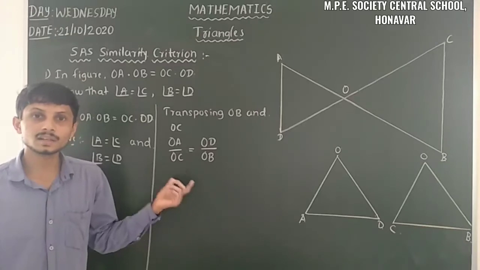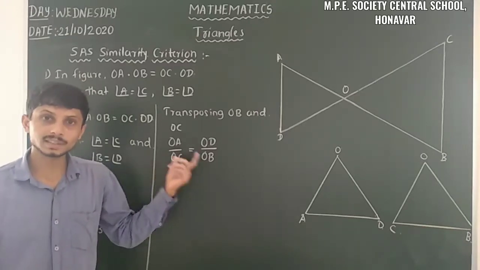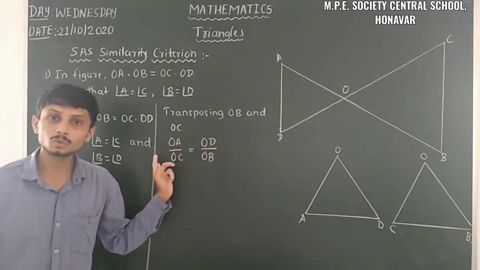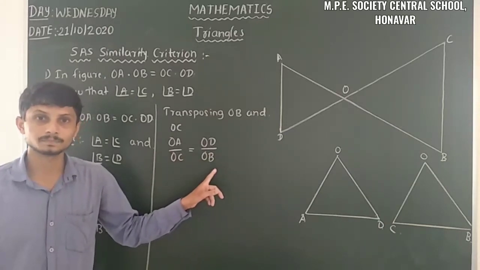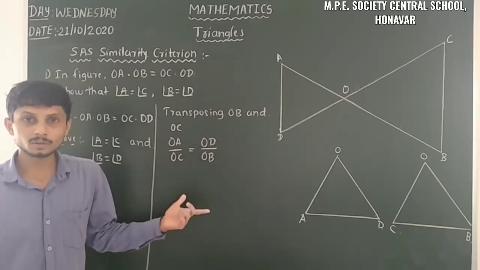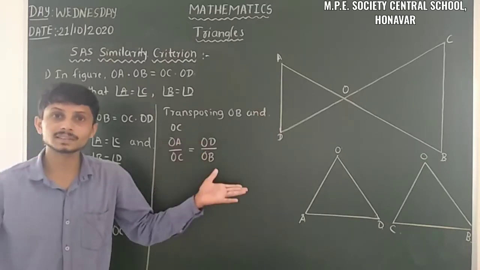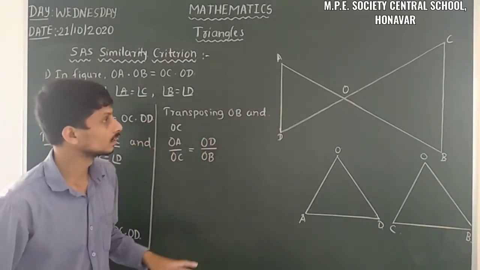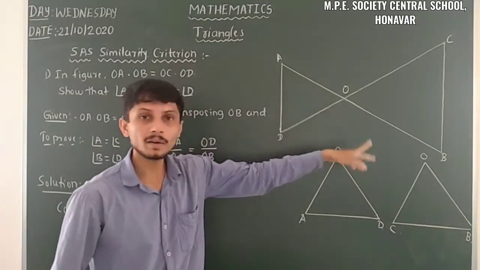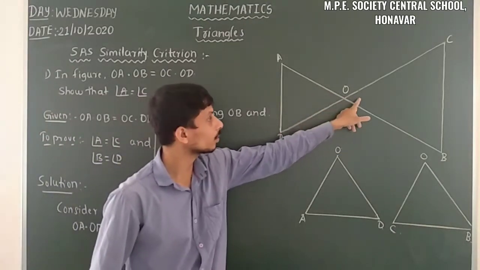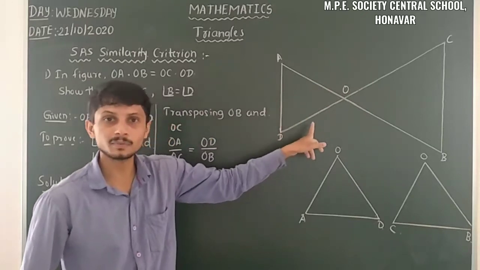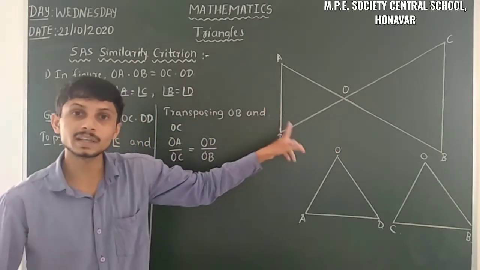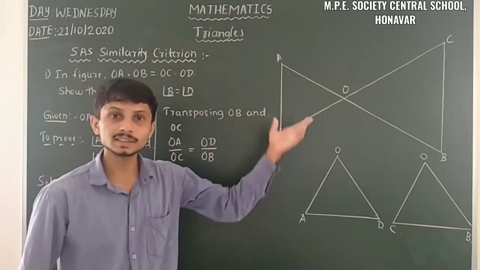We can't consider those two triangles similar from only two corresponding sides being proportional. Here we have to check whether any other triangles, angles or sides are possible. So just observe, when we have an intersecting line, one pair of vertically opposite angles is formed. Those two vertically opposite angles are always equal. So let us take that one.